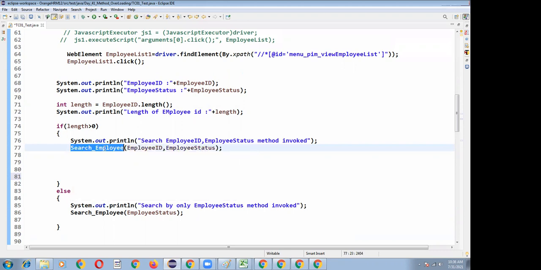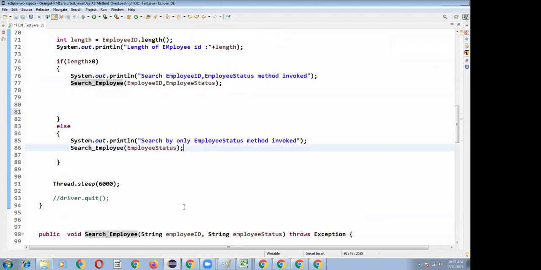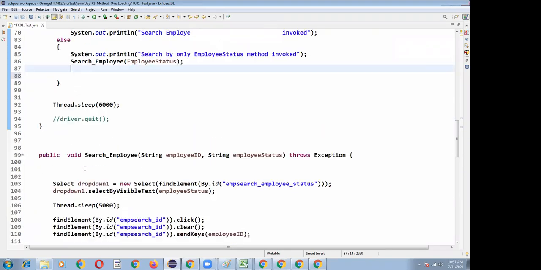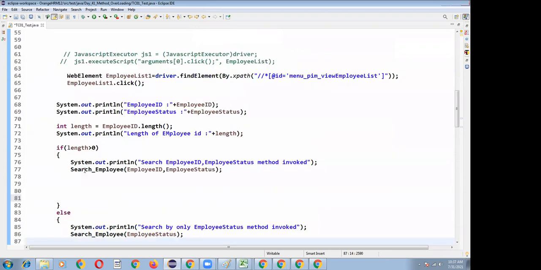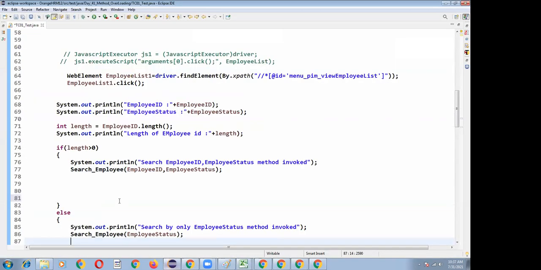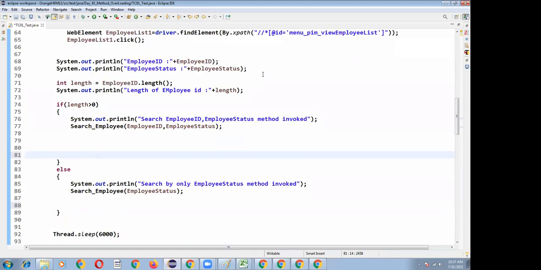After that, you navigate and edit the employee details of that particular employee. If you want to write some more logic or check other methods, you can call the required methods. So you can write your functional flows and technical flows like that. Based on your input data, we are invoking the corresponding methods. This concept we call method overloading.